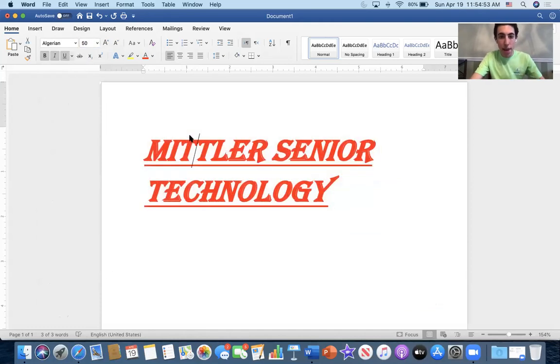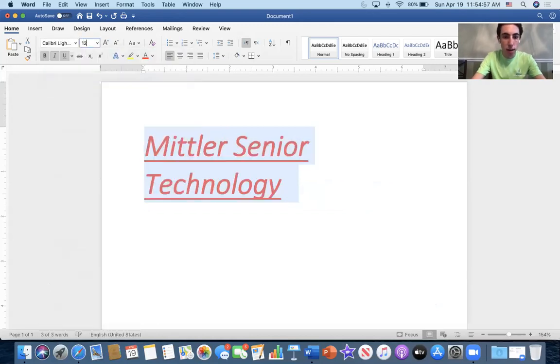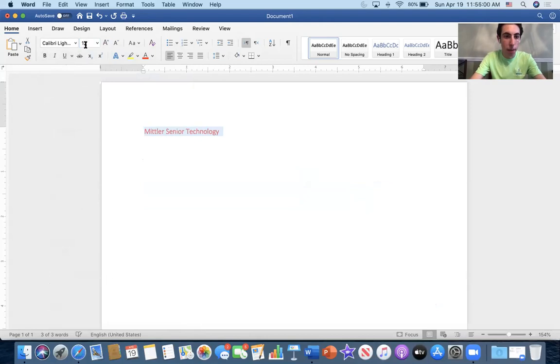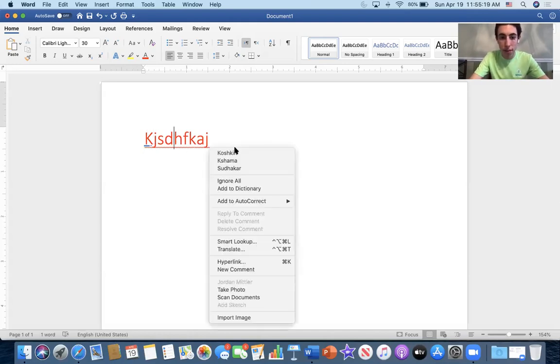First of all, let me go back to my regular font. Here, let me make it bigger so you can see it. If a word is underlined, for example, let's say I type that word. Everyone see where there's a squiggly red line under the word? That means that the word does not exist in the Microsoft Word dictionary, and it's either spelled wrong or it's not a word. And if you right click on it, it will give you suggestions for what the word might be, or you could ignore it.